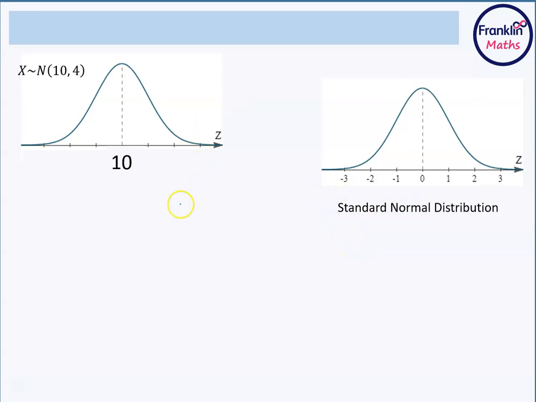So if you have a look here, you've got 10 and you've got 0. This mu could be anything, and all you can see is it's just a translation. So we could translate this curve and move it over towards 0. And if it's got a slightly different shape, we could either stretch it or squash, but again, that's still a stretch, into this curve. And if you want to convert that, there is an actual formula for it,